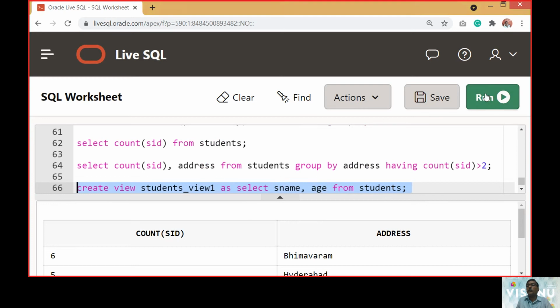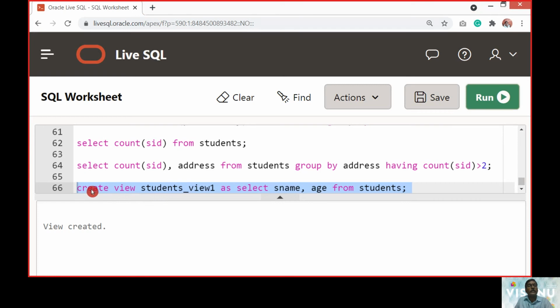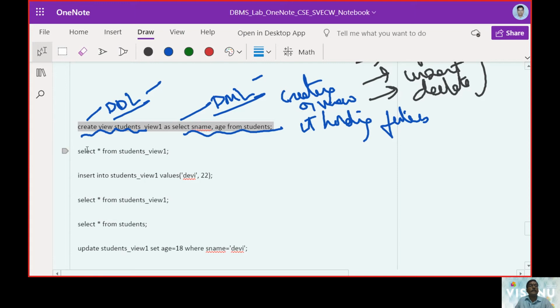We will take only the two attributes and not work with the rest, so we call it a partial view. How do I create it? I use the SQL command create, and view is a reserved word. View name is a user-defined word. As is a keyword. Select is a DML, and then the attributes and the table they are borrowed from. So yes, the view was created.